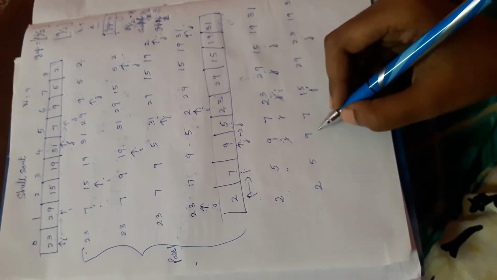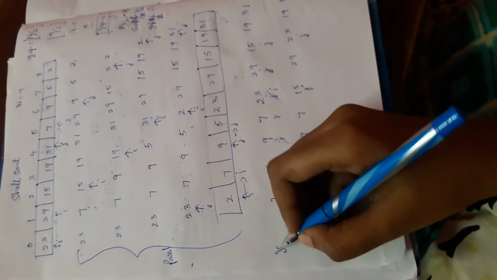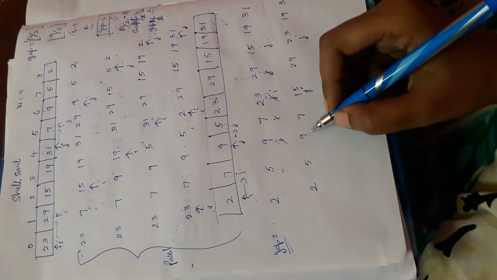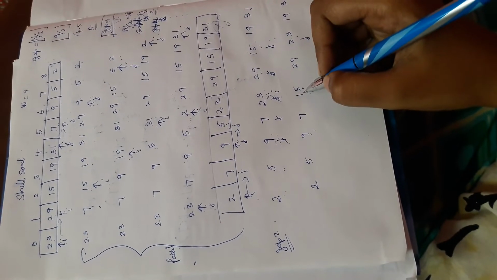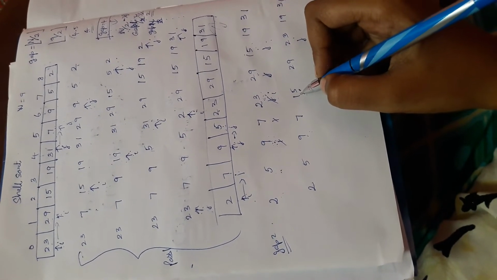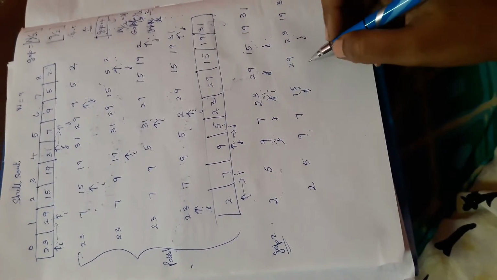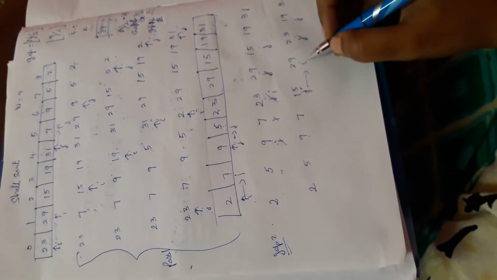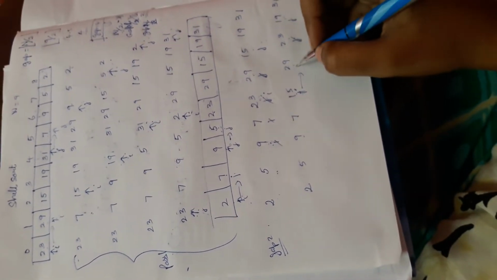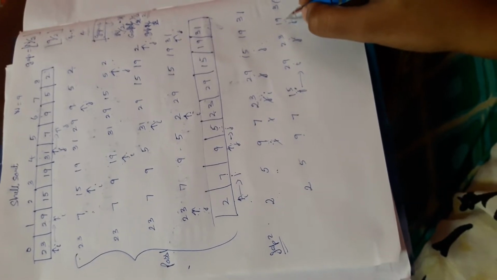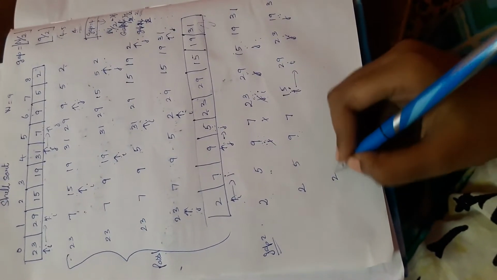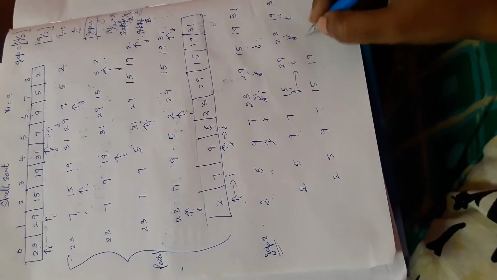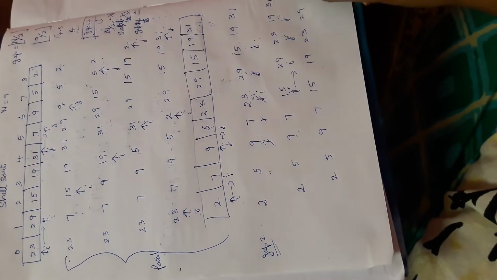Okay, so I need to compare the two before values, because the gap for this is 2. Now I will check this 15 and 9. So 9 is the smaller value and 15 is the greater value. Okay, so I need not do any shifting. Again, next step, the i value will be incremented here and the j value will be incremented here. So 29 and 19, 29 is greater and 19 is smaller, so I am going to do the shifting. So 2, 5, 9, 7, 15, 19, 23, 29 and 31.